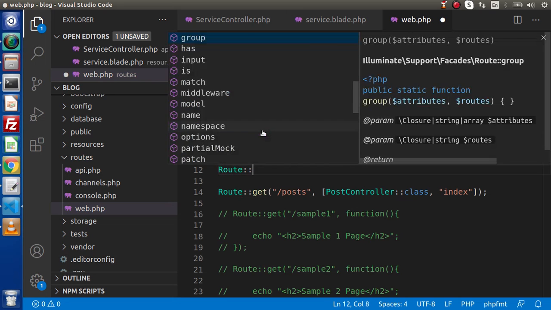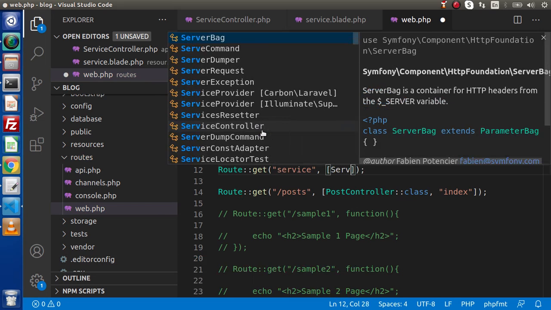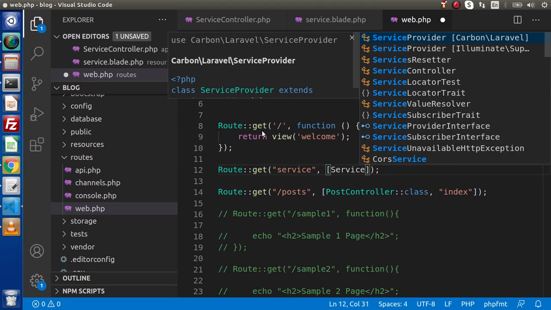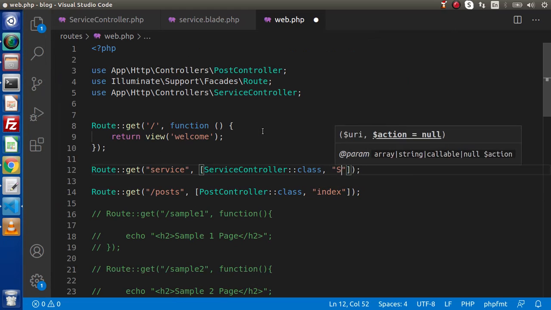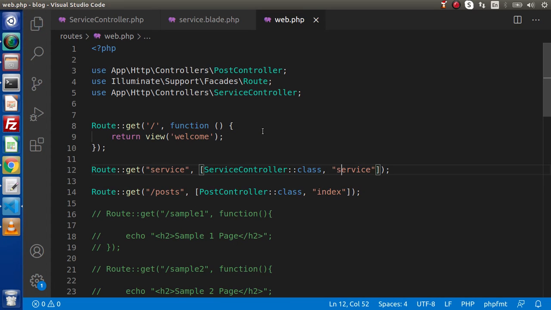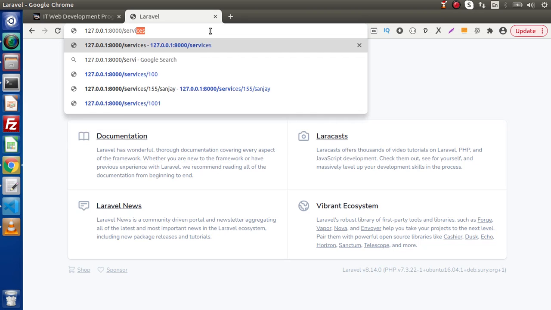So let's say Route get method, and we are going to call a service route, and to bind it with the method we are going to use our ServiceController. Here we have ServiceController, it's a class, and inside this class we have a service method. If we save all these changes, back to browser, and if we open service,